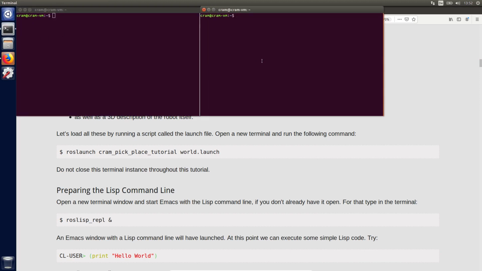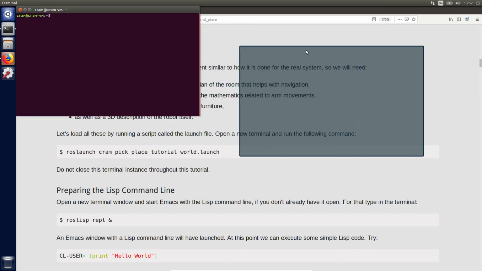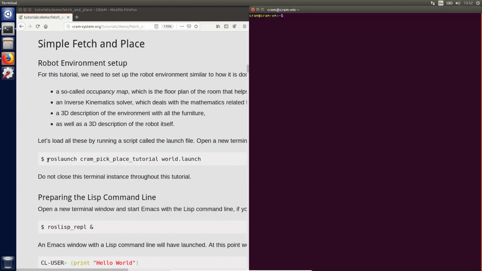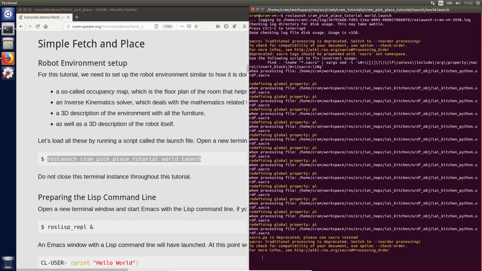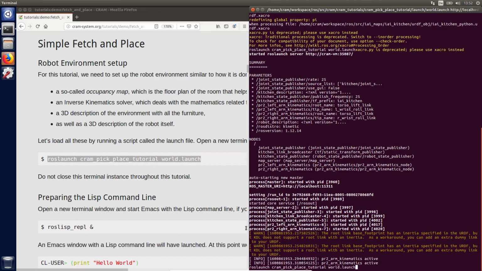So I'm going to open a new terminal by pressing Ctrl-Alt-T, or you can just click this terminal button here, and the terminal appears, and I'm going to copy the command, this one, into my terminal. To copy paste, I simply select the text in the browser and then press the middle click of my mouse in the terminal, or you can of course just right click copy and right click paste, or you can also Ctrl C in the browser and then Ctrl Shift V in the terminal. Ctrl Shift V for pasting in the terminal. Okay,